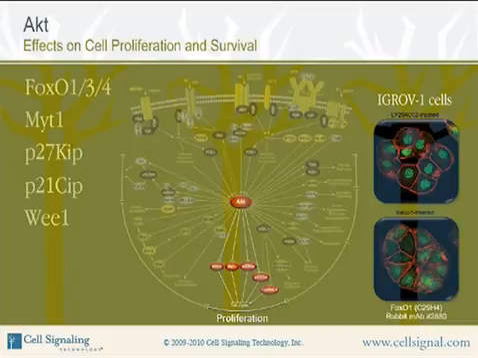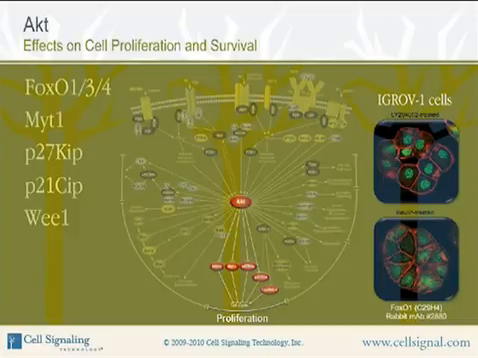FOXO1 rabbit monoclonal antibody, product number 2880, has been labeled green. Actin filaments have been labeled red with DY554 phalloidin. Treatment with LY294002 results in PI3K inhibition and inactivation of AKT. FOXO1 remains active and enters the nucleus to activate transcription. Note nuclear localization of green signal with